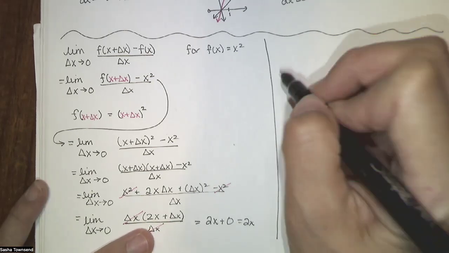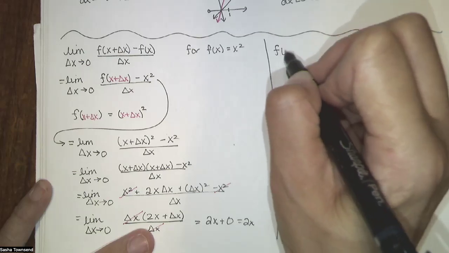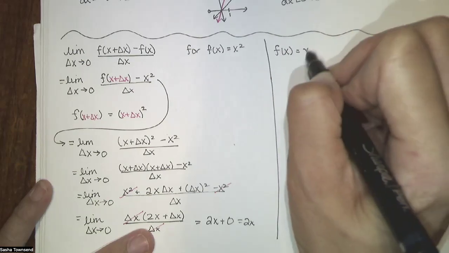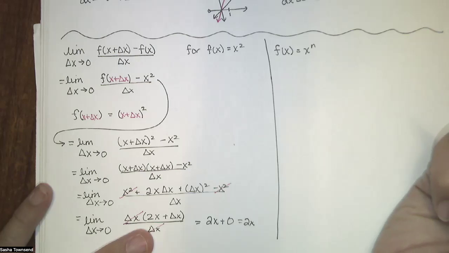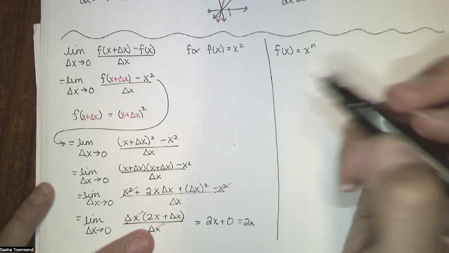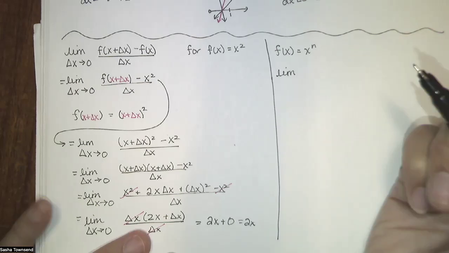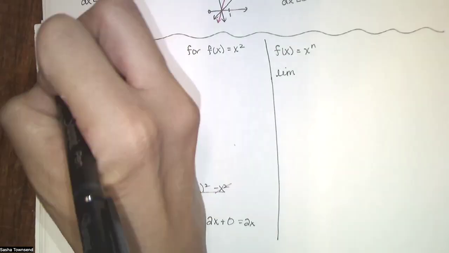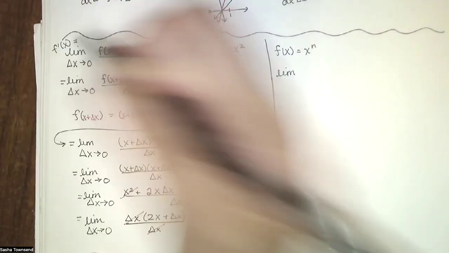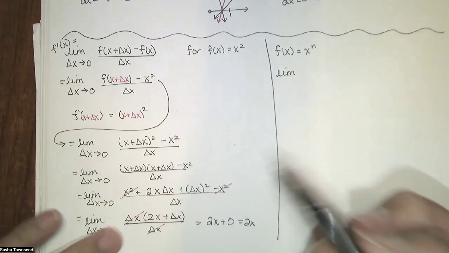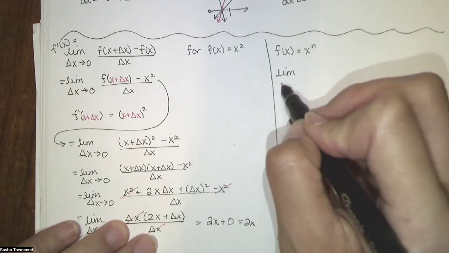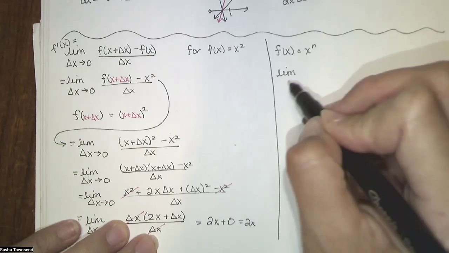Now, if you are computing this limit definition in general, for f of x equals x to the n, it's a little bit more complicated. Actually, I should label this. This is f prime of x for that particular function f. For this example, we have f prime of x equals